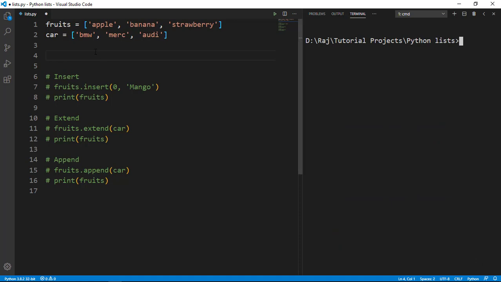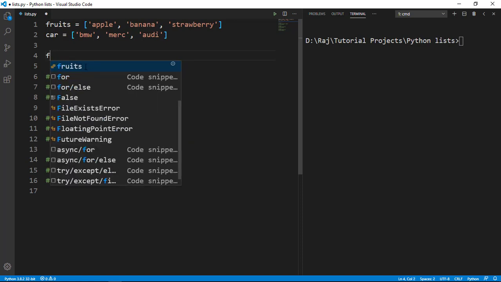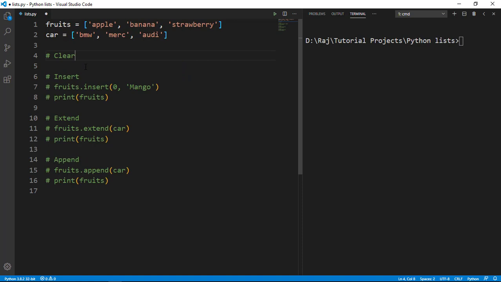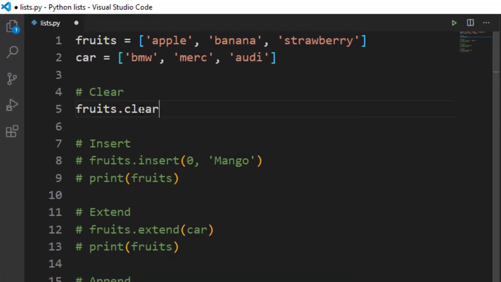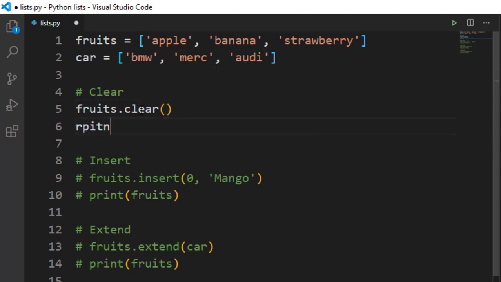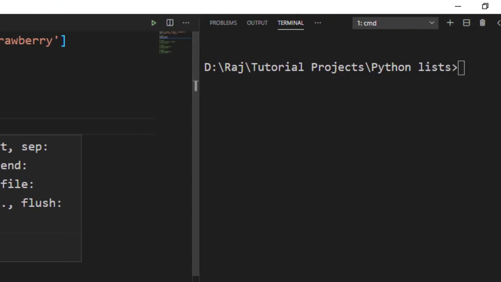Now we're going to take a look at how to clear an array. Before, we learned to append, extend, and insert, which are all about adding to an array. Now we're going to learn how to clear, or just delete, the whole array. First of all, let me say clear. This is going to be the method, and I'm going to say fruits.clear. I'm going to clear the whole fruits array and delete everything that exists inside it. If I print it right now,